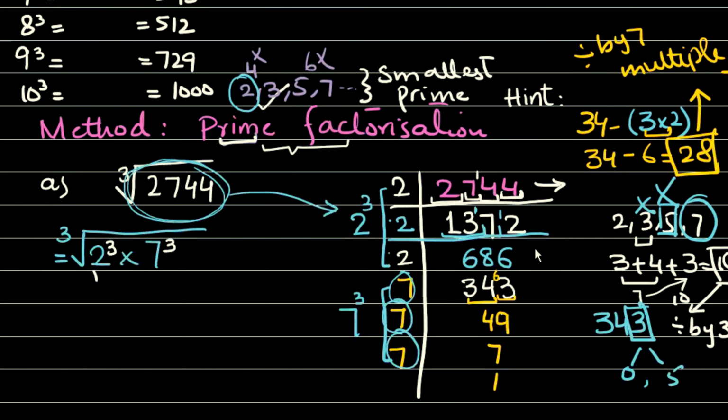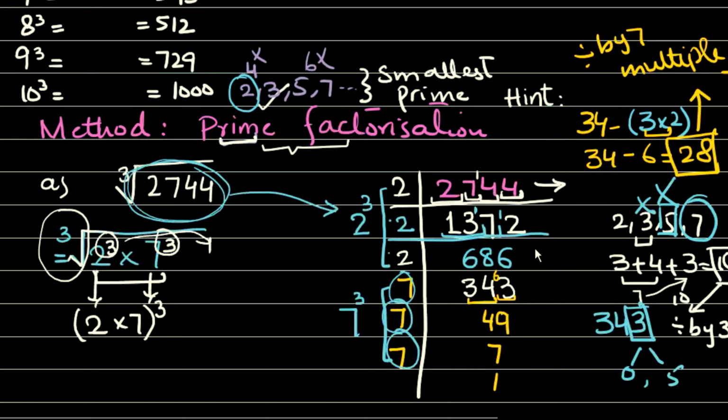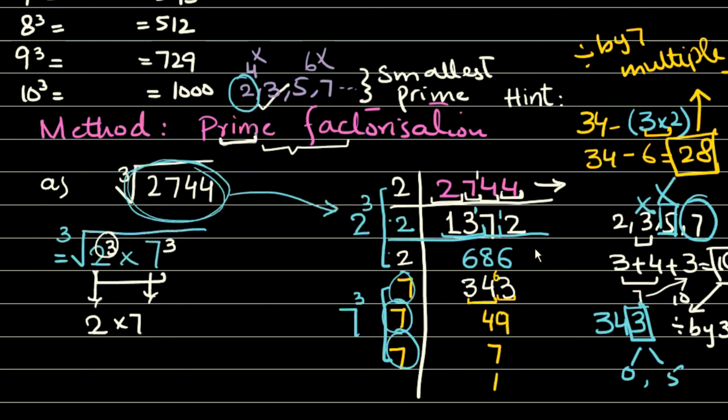अब तो इस वक्त तो 2 दोनों के ऊपर power separate है. So you have to make one power. So what you will do, you will write this 2 as it is. And you will take this 3 and this 3 as the common. मतलब इसको one time you will write it. Why? Because you have to cancel with this cube root. And cube root is only single time given. So that's why you need to take a common. Is that okay? Okay, so now I'm going to write it in this way.